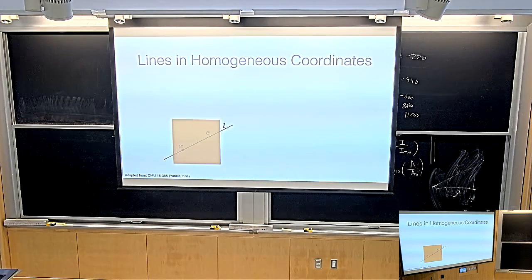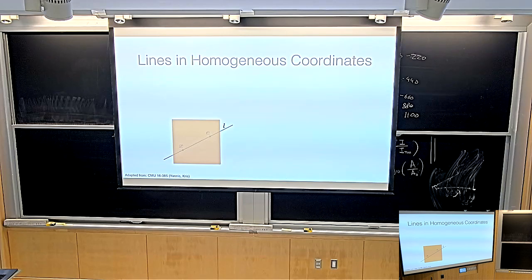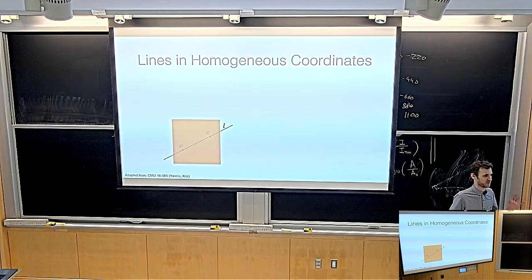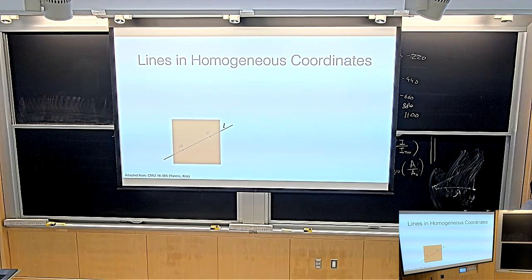How can you parameterize lines? Someone give me an example for how you can parameterize a line. Origin and direction is one way of parameterizing a line, or two points on the line, right? Okay, so these are all different ways of parameterizing a line. We're now going to talk about a completely new way of parameterizing a line, which is not one of the ones you learned in high school, I guarantee it. Unless you were at a really fancy high school, I don't know.